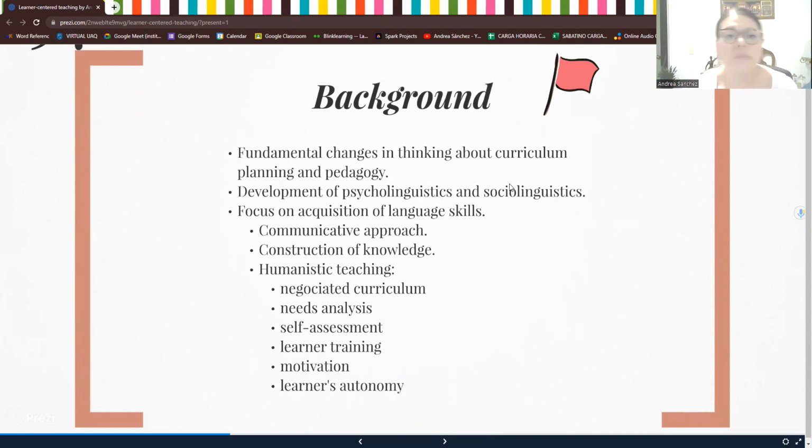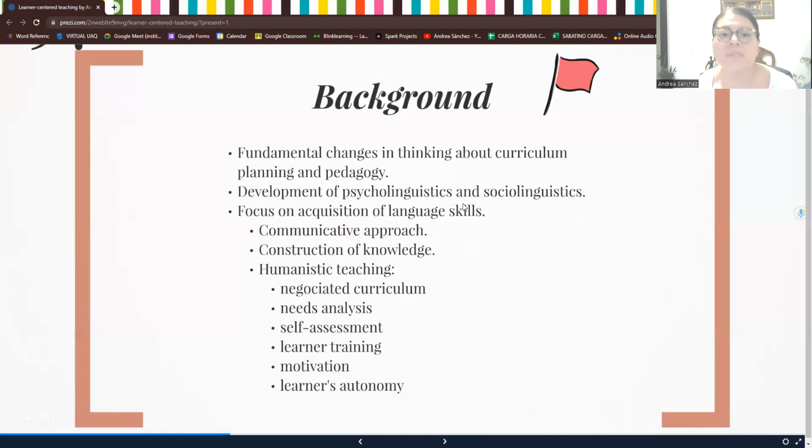And now we are going to talk about the acquisition of language skills. If you remember, there are 4 language skills that we teach when we are teaching any language, which is reading, writing, listening, and speaking, right? These language skills should go also with the teaching of culture, phonetics, and vocabulary, as well as grammar. These 4 aspects are very important in any language class.